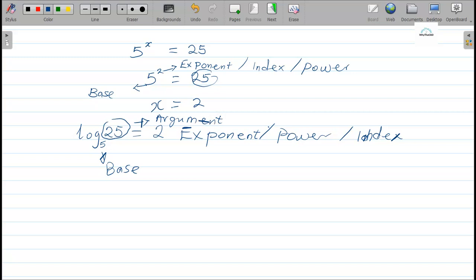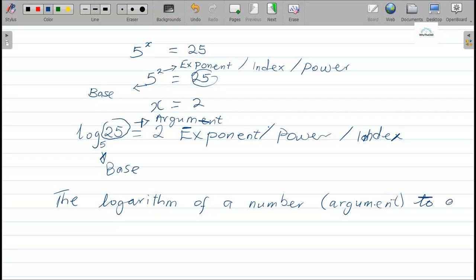So we are going to define the log of a number to a given base. Let me write it here. The logarithm of a number. Which number are we talking about? We are talking of the argument. The logarithm of an argument or of a number to a given base